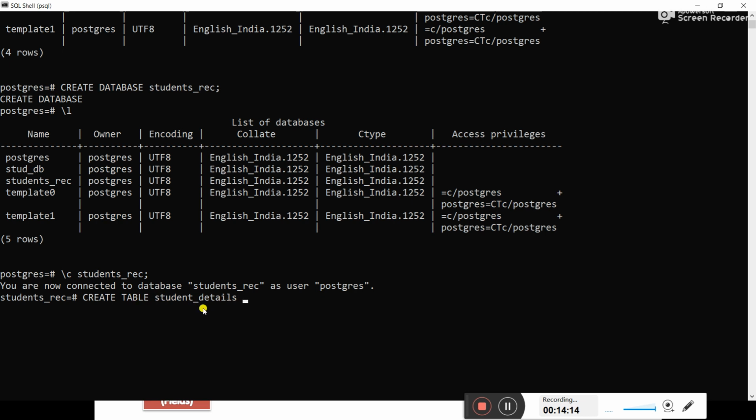Now what are the field names? You are supposed to set the field name here. My first field name is roll number. There is no space required here. Now after roll number, or after any field name, you are supposed to give the data type. Data type means the type of data which you want to enter in the table. The type of data which I want to enter in the field roll number is in number format. So for numbers, we use the integer type.